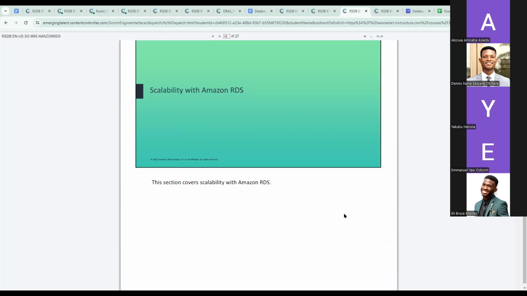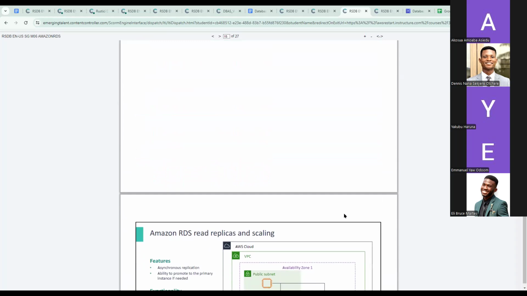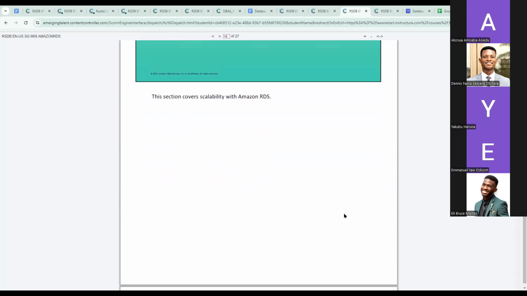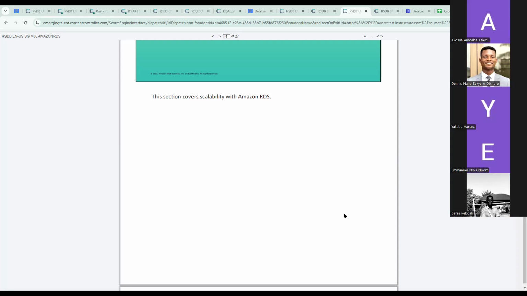Some scalability with RDS. So what do we understand by scalable? Scalability, scalable, scaling. The ability to expand our database. Thank you, Paris. So scaling, being able to meet the demand or being able to meet your needs, how would